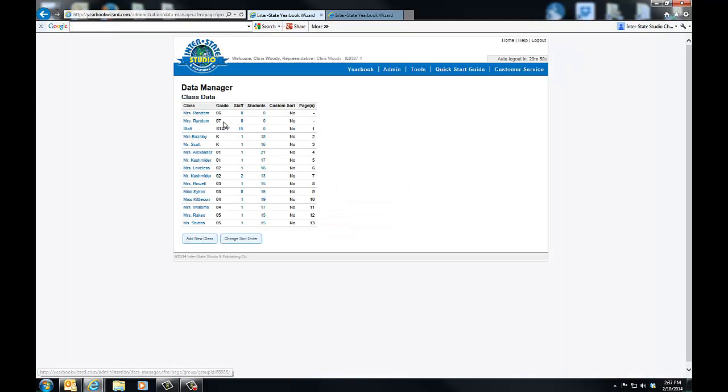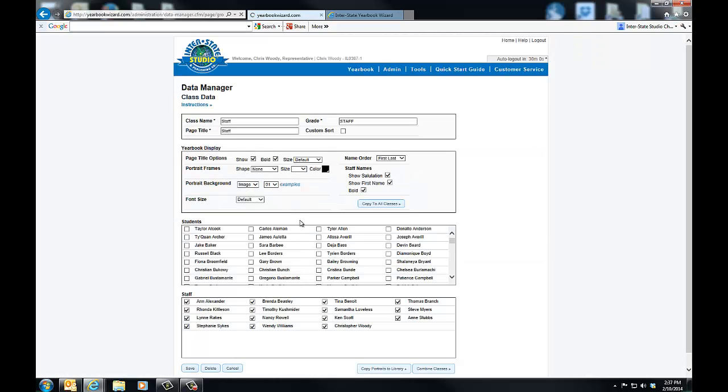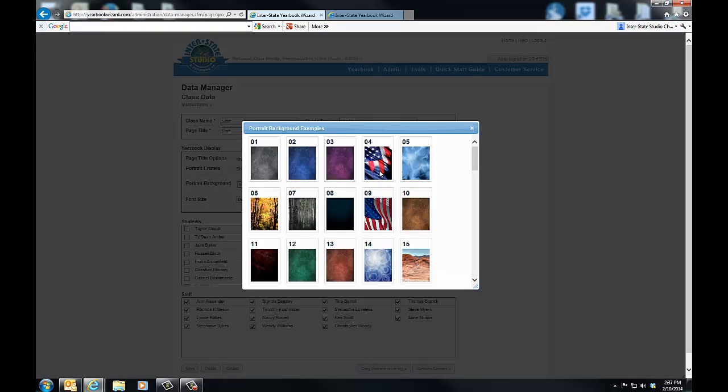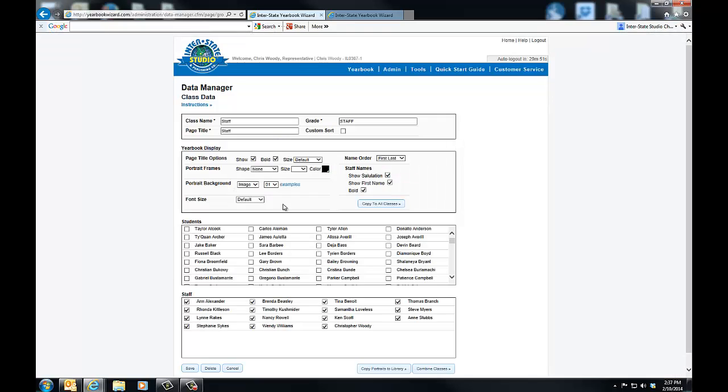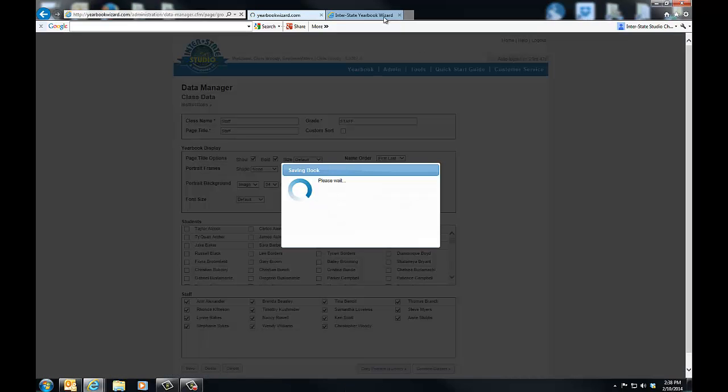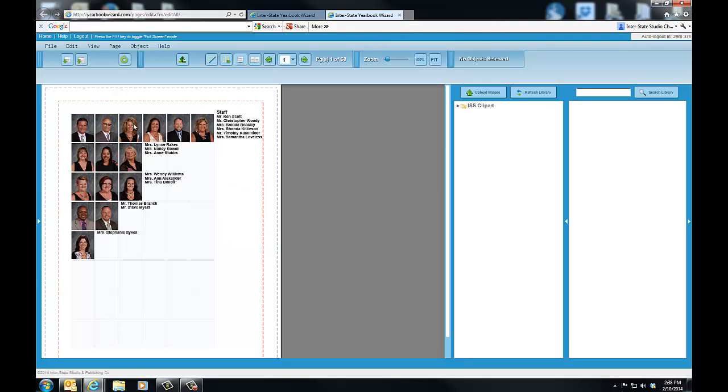So let's actually do this on the staff, because the staff was the first page, and let's change the image to, let's see here, let's go ahead and just make it the flag here. Alright, so we have some patriotic teachers. We go ahead and hit save. Hit OK. It's going to reflow it and change it. Now, when I come up here, this is still showing me what was on the page, but I'm going to refresh it,